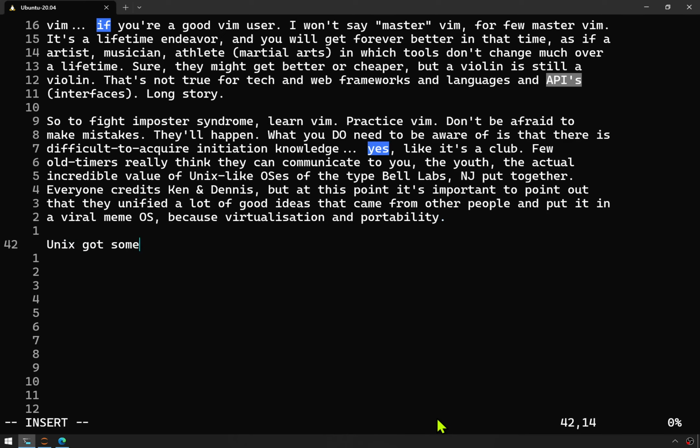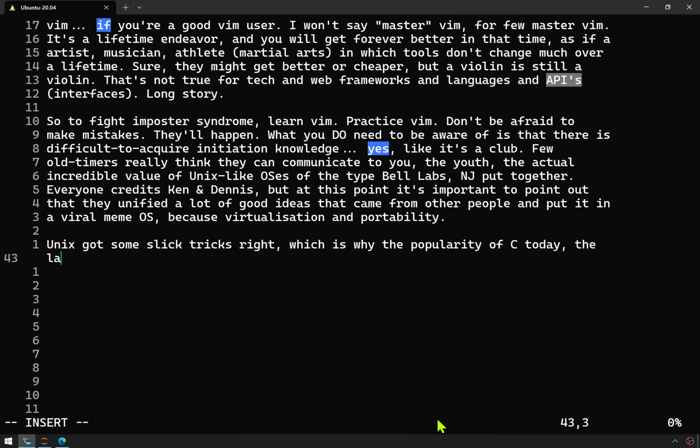Unix got some slick tricks right, which is why the popularity of C today, the language that first implemented a type of compiler-based virtualization